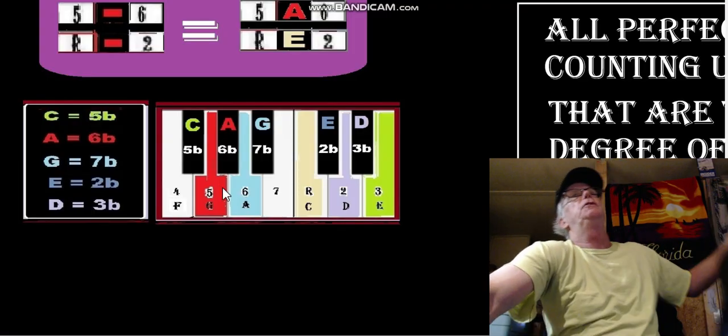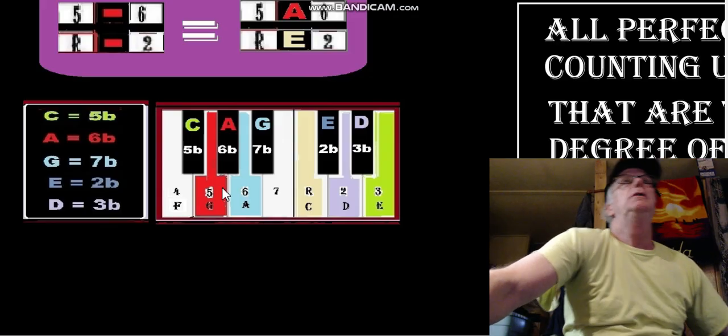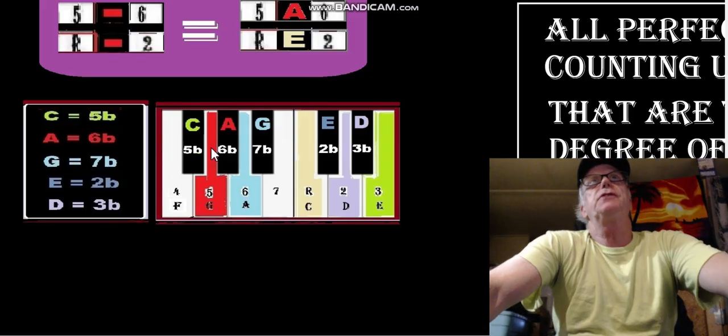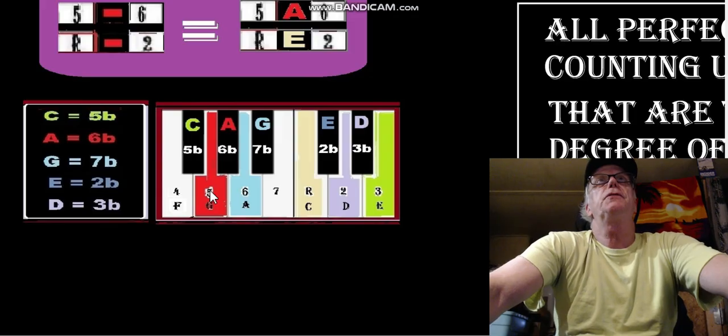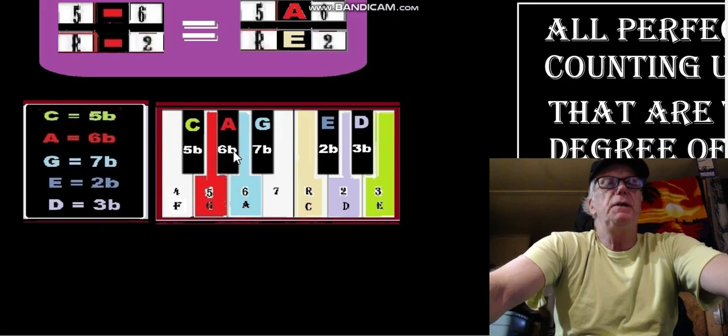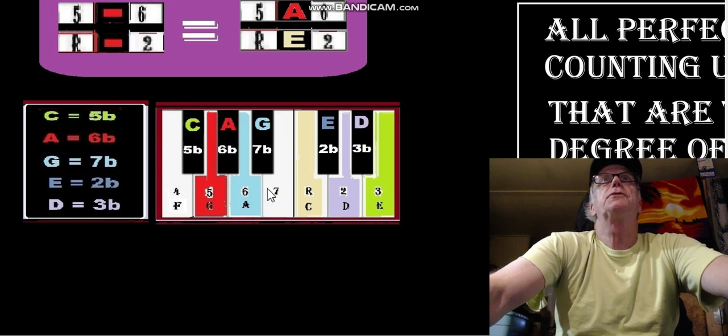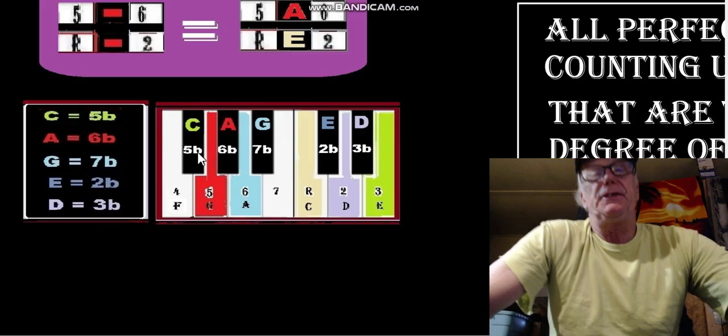So let's move along. Also, these are just labels. This is 5 flat. Here's 5. People, this is basic piano here. You should know this. 7 flat. Here's 2 flat. But these are going to be keys now. So we have 1, 2, 3, 4, 5, 6, 7, 8, 9, 10, 11, 12 keys. Okay? So this is just showing you that C equals 5 flat here. All right, so that helped you